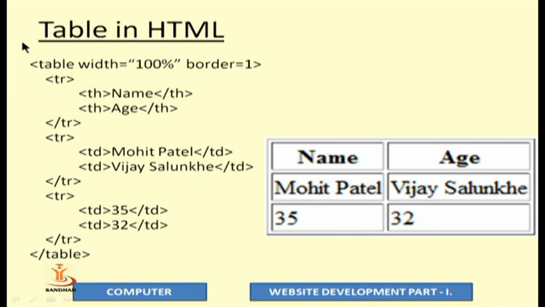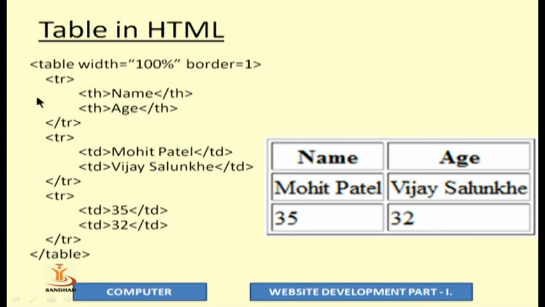When you want tables in HTML, a table starts with the table tag. So first you have to write the table tag. Now in the table tag, you can write some attributes. We are going to discuss the attributes later, but for now, the table has the attribute width, and the value of width is 100%. That means I want my table to be shown in 100% width. And I also want borders for the table, so I have specified the attribute border with value 1. That means I want a one-size border around the content of the table.